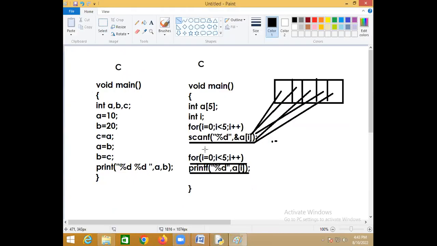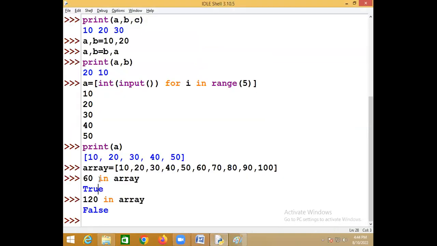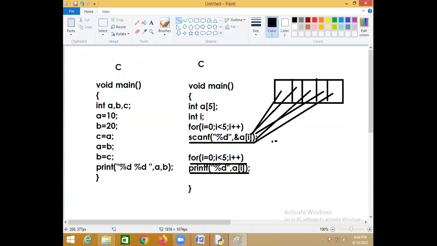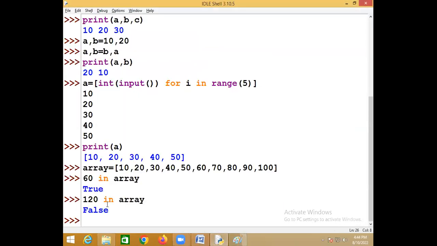But if I want to do the same thing in C language, I have to use one for loop. I have to use a searching technique like linear search or binary search for searching one element. Here, no. I simply use one operator called in. Is this value there inside this array or not? Why should I implement linear search or binary search? So non-technical people, can you understand or not?